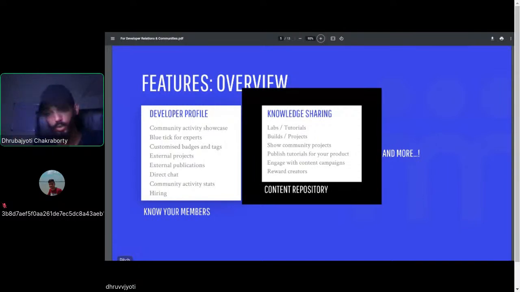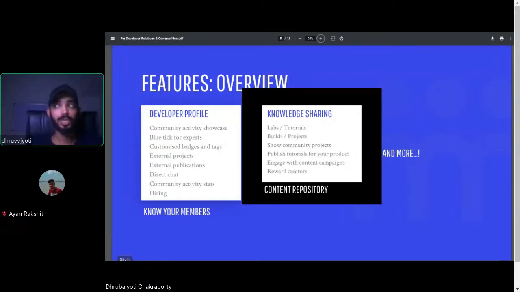You can add your external projects from GitHub, directly fetching them to your community profile. You can have publications, maybe your research papers, or your articles on Hashnode or Medium. There are multiple channels to publish articles and written content, and it becomes very difficult to manage all of it. If you want to give it out to your audience directly in one place, then I think this serves your job. Of course, there's a direct chat feature now, which is a new feature that has been introduced. Now you can ping anyone, and they'll get it in their inboxes. They can reply back to you, and you can use it as a daily platform to have interactions.